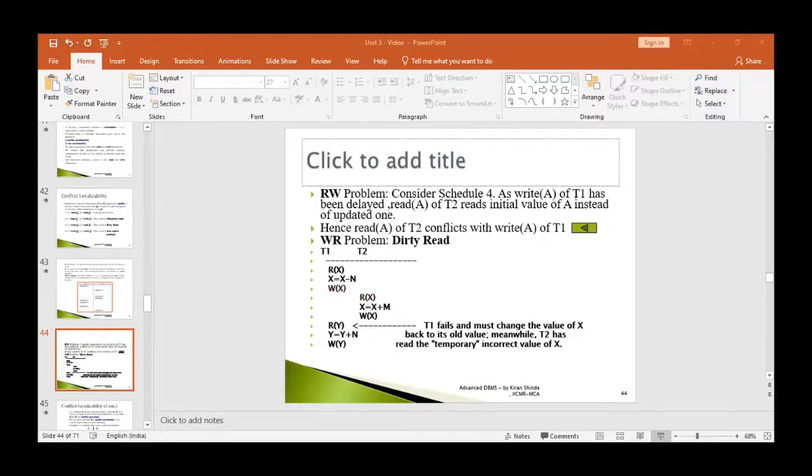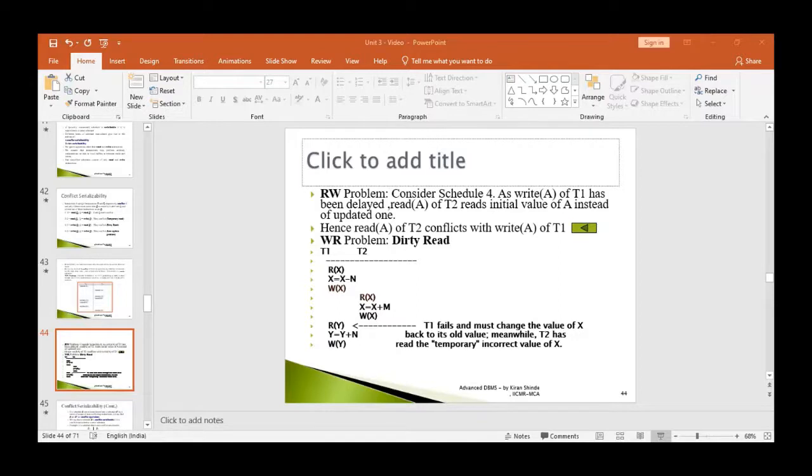So in this particular example, after drawing the precedence graph, we can conclude that there is no cycle or loop in this precedence graph. And hence, this particular schedule can be transformed into a serial schedule. And I have already drawn it. The serial schedule which can be built out of this graph is T1 followed by T3 followed by T2. This is the only serial schedule which is possible here at this moment of time.